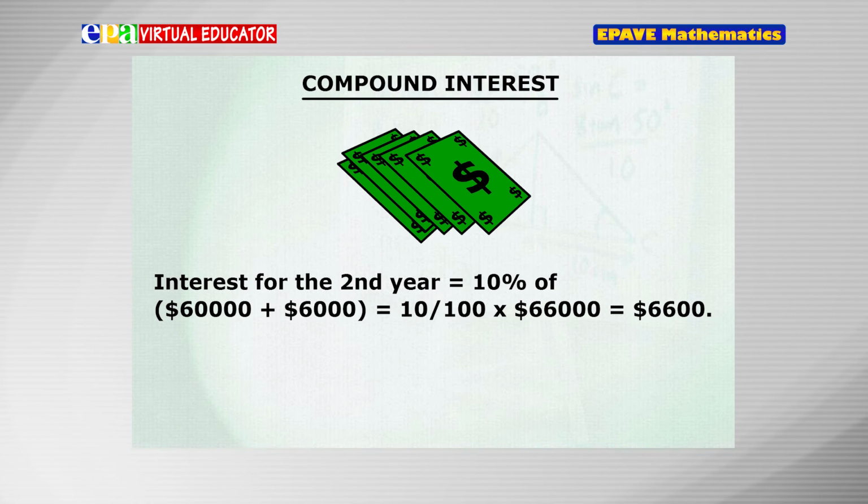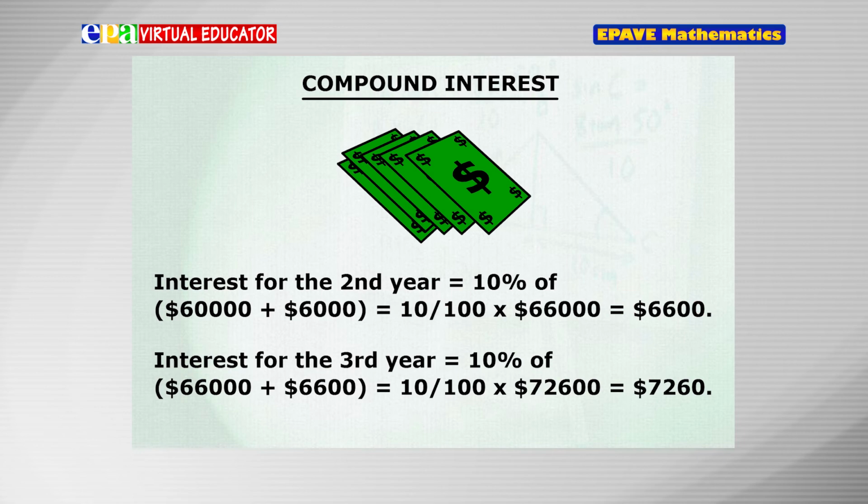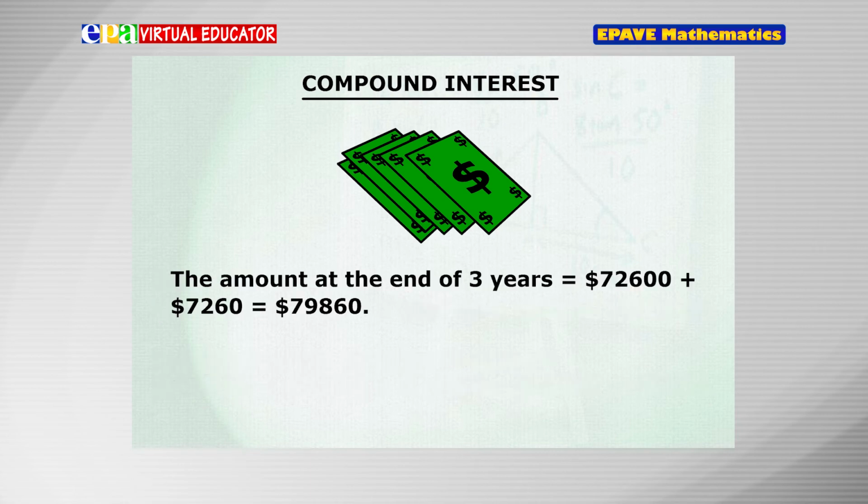Interest for the second year is equal to 10% of $60,000 plus $6,000. That is 10 divided by 100 multiplied by $66,000, which is equal to $6,600. Interest for the third year is equal to 10% of $66,000 plus $6,600. That is 10 divided by 100 multiplied by $72,600, which is equal to $7,260. The amount at the end of 3 years is therefore